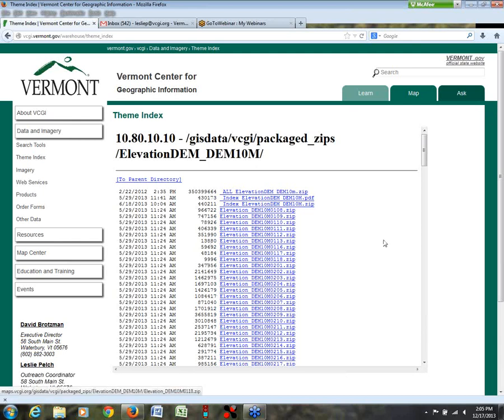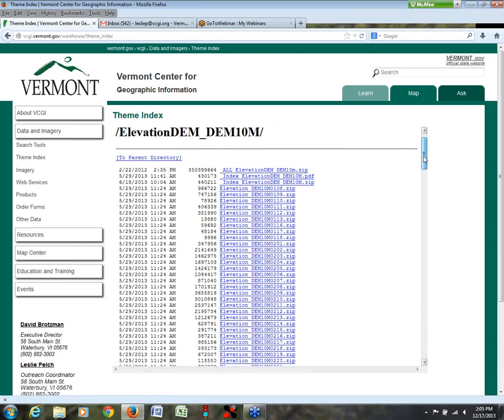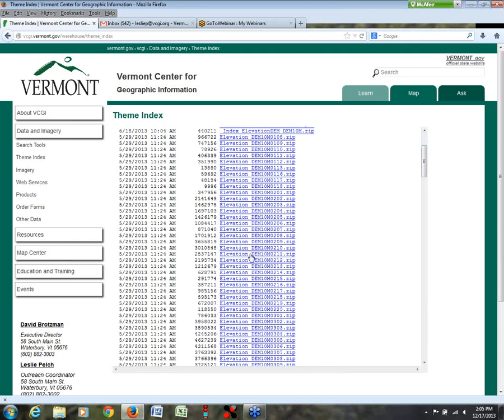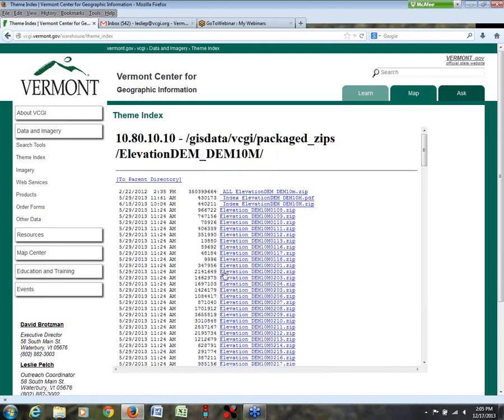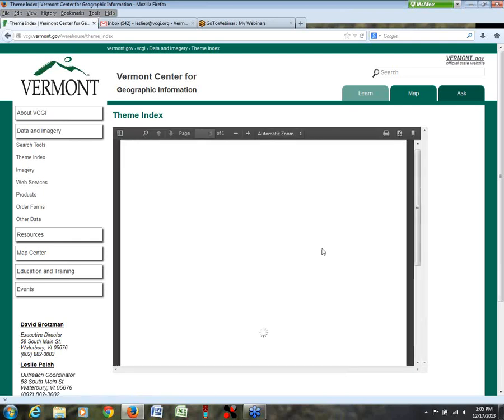We've broken the data up into tiles, into chunks of data, and you can see that it's somewhat cryptically named. But up at the top of any of these lists of especially cryptically named tiles or pieces of data, pieces of the state, you will see an index, a couple of different options for index. Actually, one is a PDF index map,